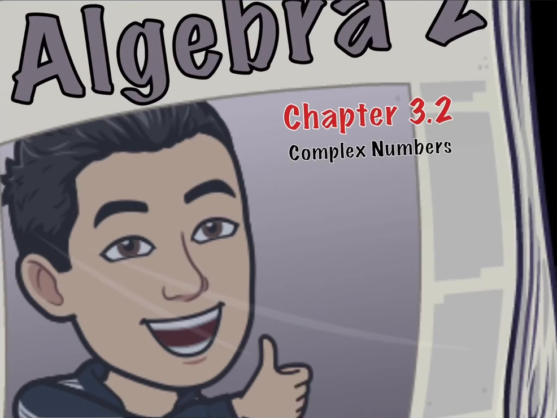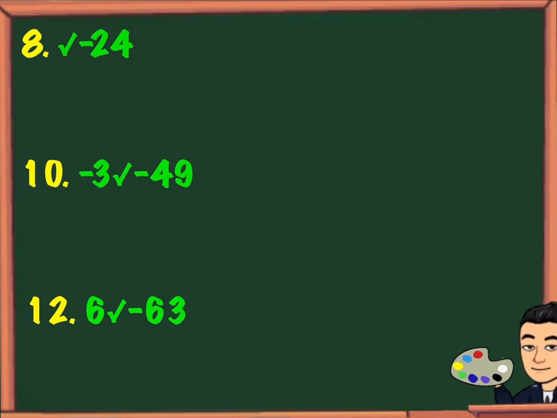All right, this is Algebra 2, Chapter 3.2, the complex numbers. Let's get started. So for number 8, we're going to rewrite this as square root of -1 times square root